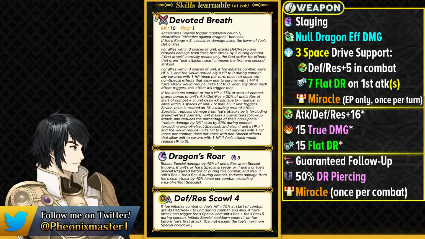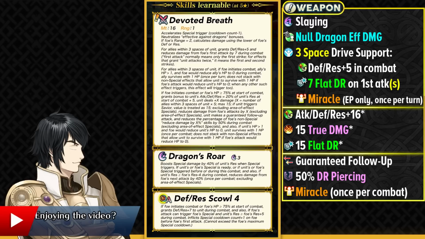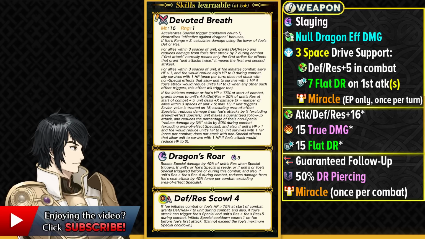So this is usually going to be around 16 to 18. And she also gets the true damage just like the other units from this banner, but her condition is a bit different. She counts the number of allies in 3 spaces of her times 5, so it is going to be max 15. However, if she triggers a savior skill, then this value is treated as max 15. So she is going to be saving most of the time,